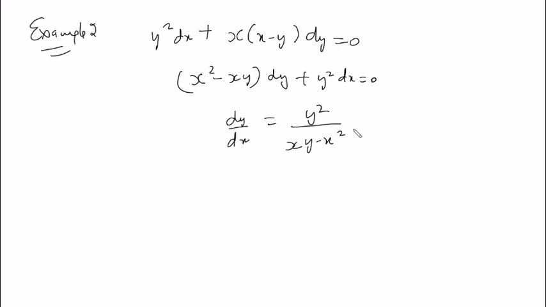Right? So how does your linear or Bernoulli's equation type look like? So we usually have p of x times y equals q of x if it is linear, and if it is non-linear, Bernoulli's type, there will be some power of y. And one thing which I specifically picked this example to convey is that you can also have the expressions dx by dy.